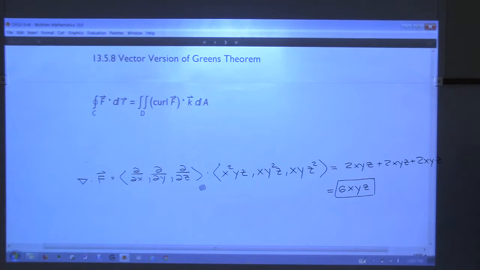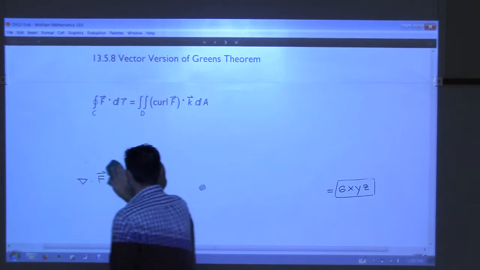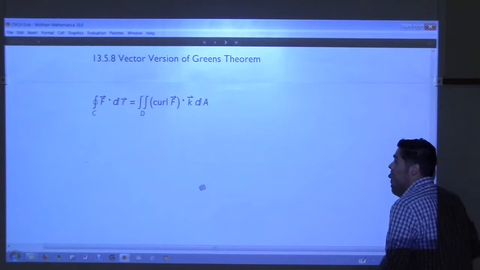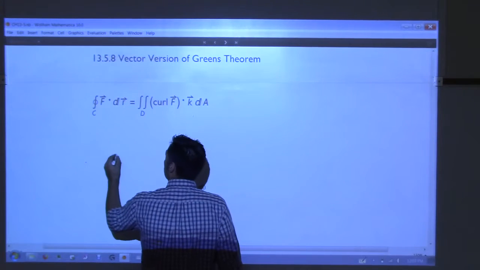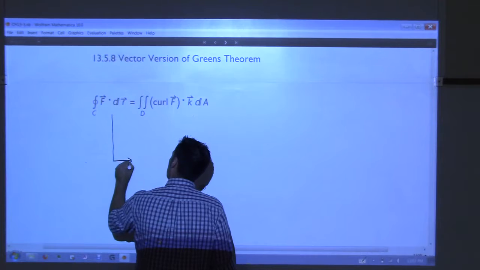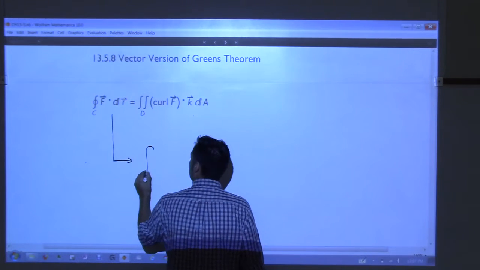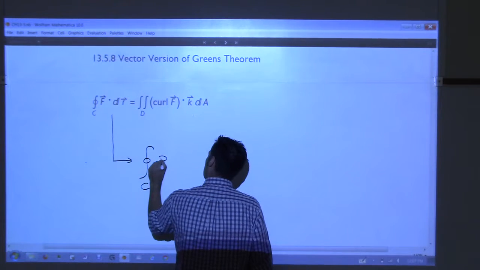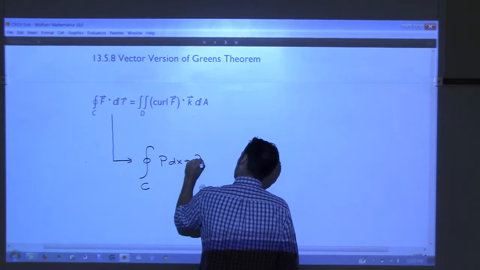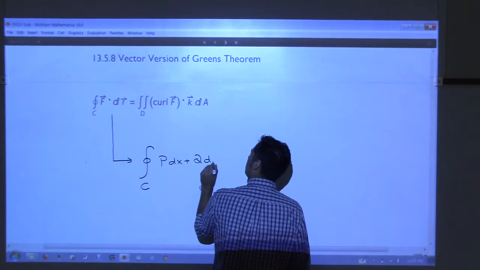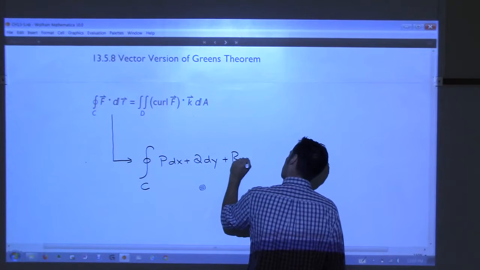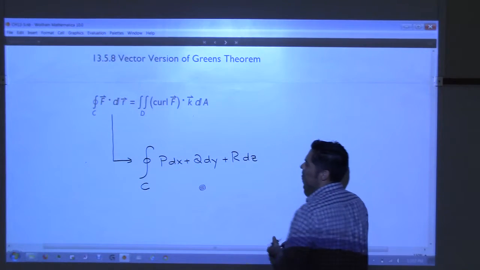All right, we have another version of Green's theorem. Now, Green's theorem, in case you've already forgotten, which I know you haven't because you enjoyed it so much, says that this is equal to the line integral over C of P dx plus Q dy plus R dz. So that's